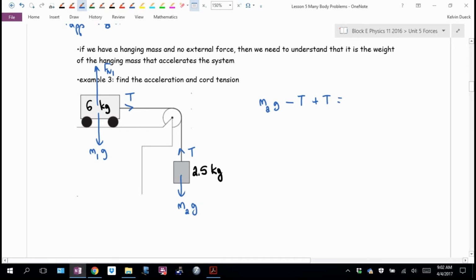So what does winner minus loser always equal? Well, normally it always equals MA, but we pause. Do I have forces on the left-hand side from more than one mass? Then I better have more than one mass. It's going to be